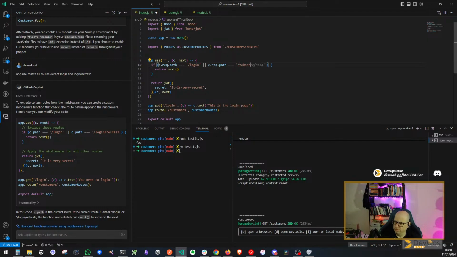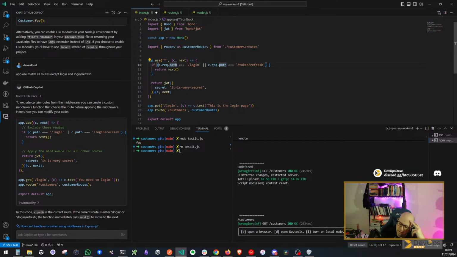Token refresh, or let's do login slash, or actually we could do, I was going to do an index of just to see if it starts with, but I don't know that I like that